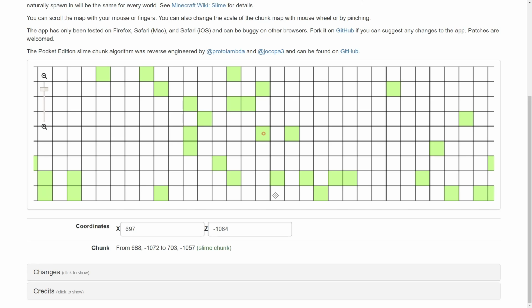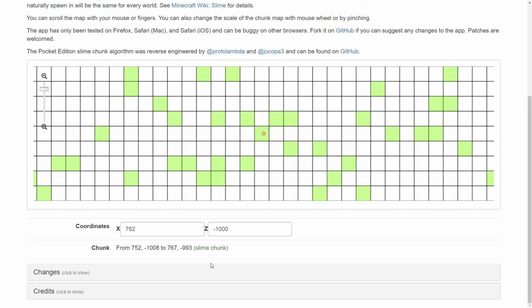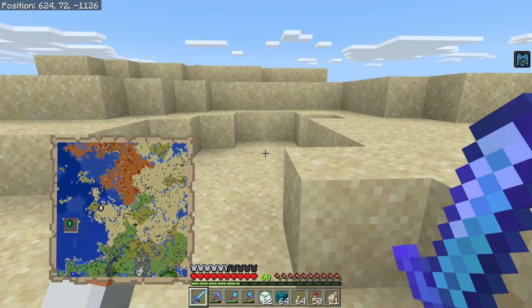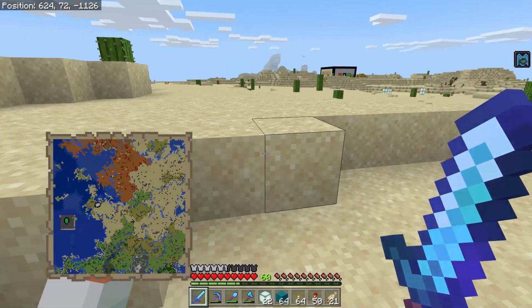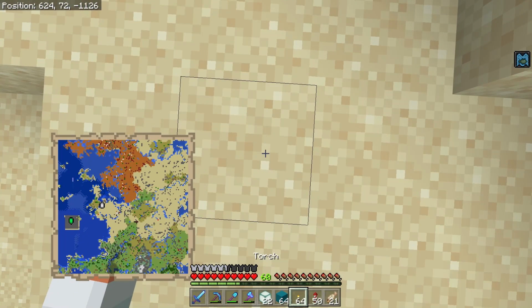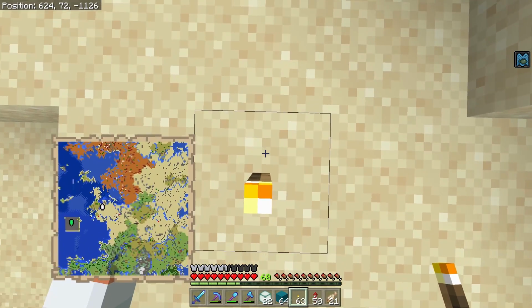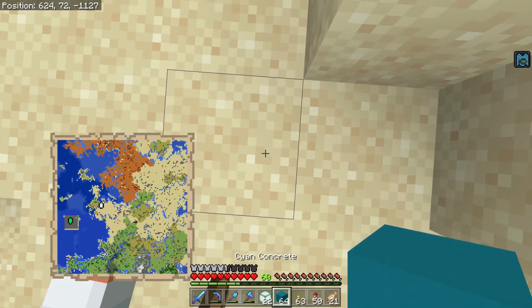We'll go down 4 and over 4, drag the little red circle inside of that chunk, and then we'll pay attention to the second set of coordinates, which will be the very bottom right corner of the area we need to prepare. At this point, go back into your world and mark those 4 corners. Now, you want to place a torch right on the corner, and then some solid blocks to the outside edge. That way it's a bit more obvious